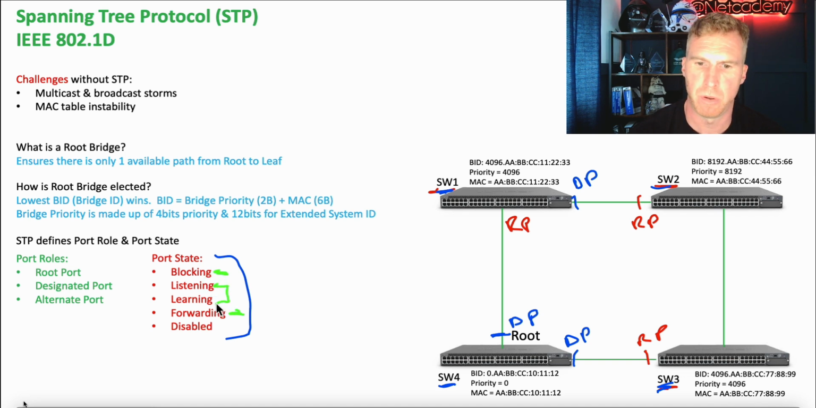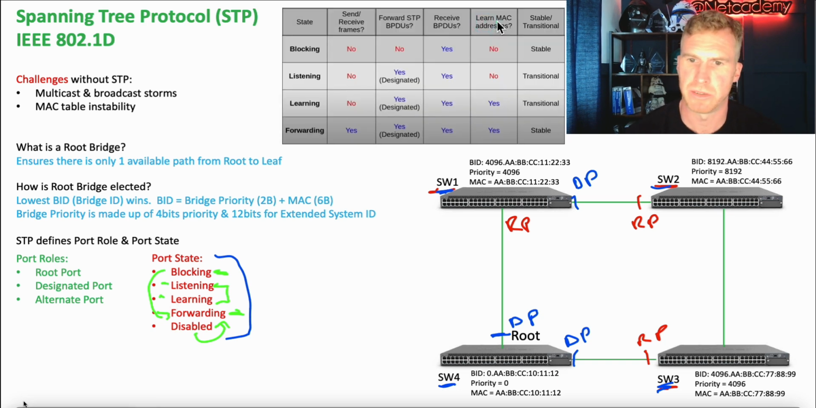So if a port is transitioning from blocking to forwarding, or from disabled to forwarding, it's got to go through the listening process and it's got to go through the learning process. I'll come on to those in just a second. Actually, let's do it now. In the blocking state, we cannot send or receive frames. We cannot forward those BPDUs, but we can receive those BPDUs, as I was saying,